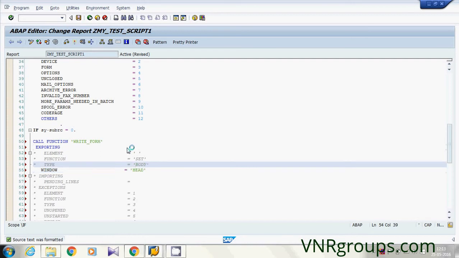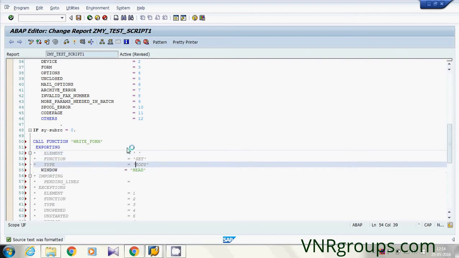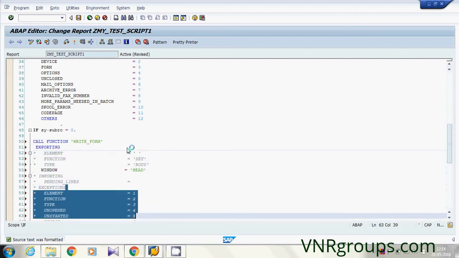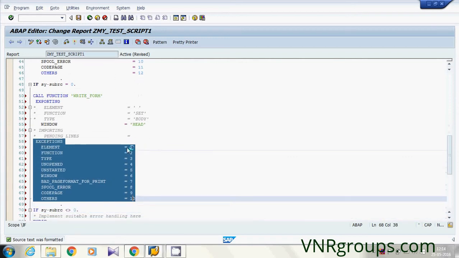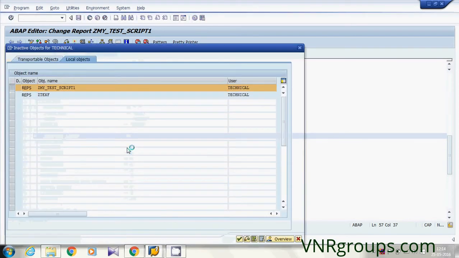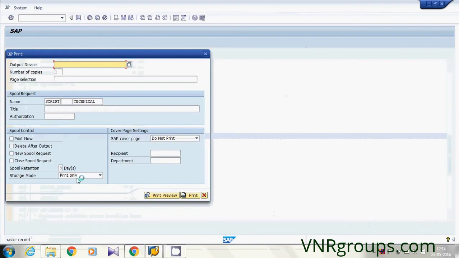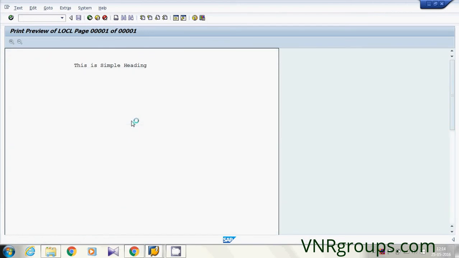I'll tell you about element in future because this is very important when we are dealing with displaying of the data. Now let us execute. Yes, as you can see the output here,